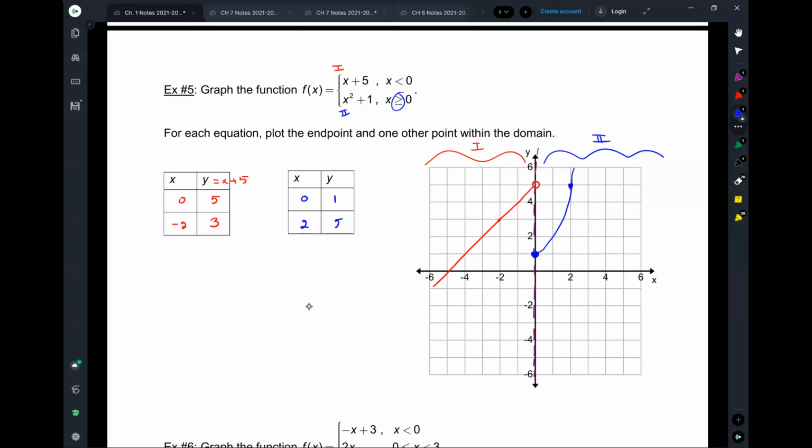Never 2 closed circles, because then it won't pass the vertical line test. You can have 2 open, 1 open, 1 closed. But if you have 2 closed circles, don't write this down. If you have 2 closed circles like this, that won't be a function. It won't pass the vertical line test, right? Don't write that down. Don't come to me later saying you put 2 closed circles there, because I will never,